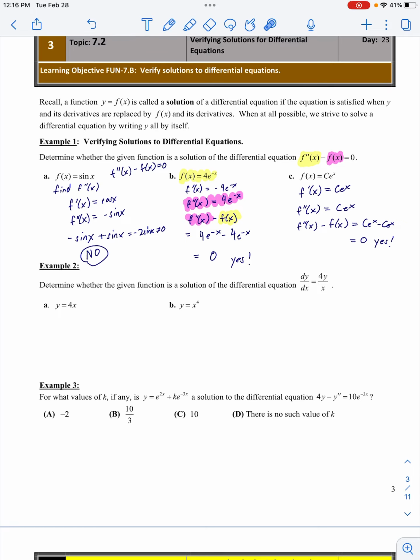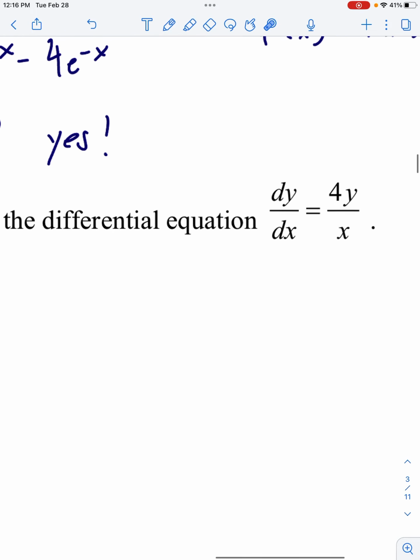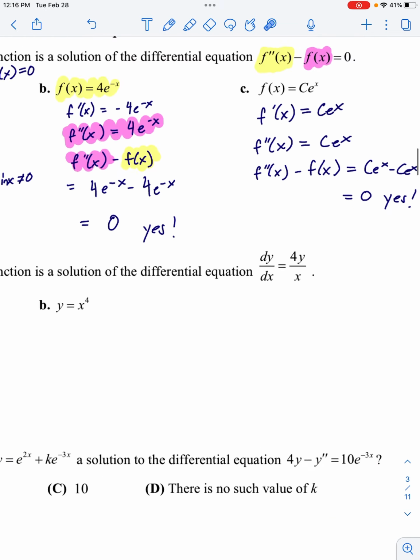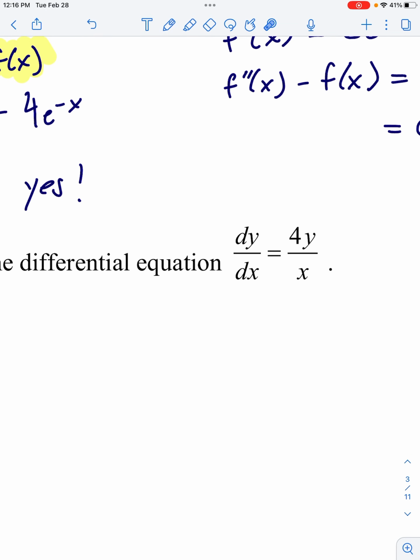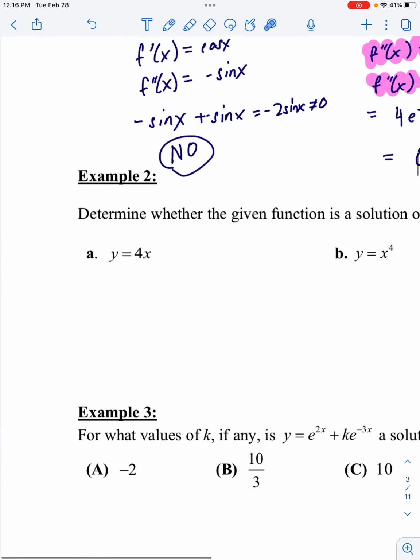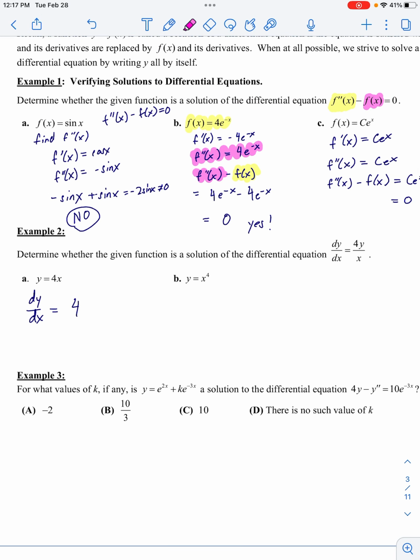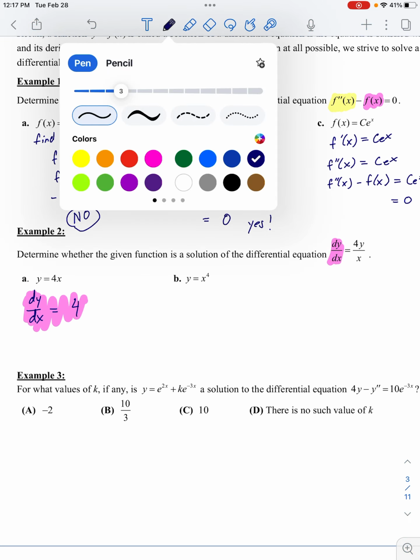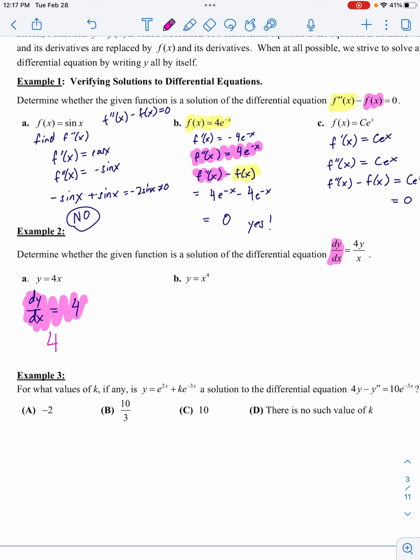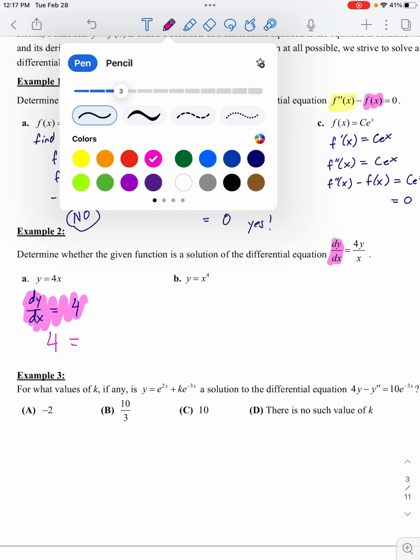Ooh, fun. Okay? We want to see if these two functions solve this differential equation: dy dx equals 4y over x. So let's do that. We just have to do dy dx, right? That's just the derivative of y. So the derivative of y is going to be 4. And let's plug stuff in, okay? So I'm going to plug the pink stuff in for dy dx. So I'm going to have 4 equals,